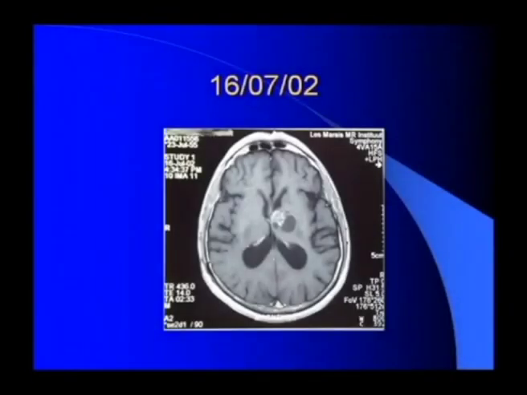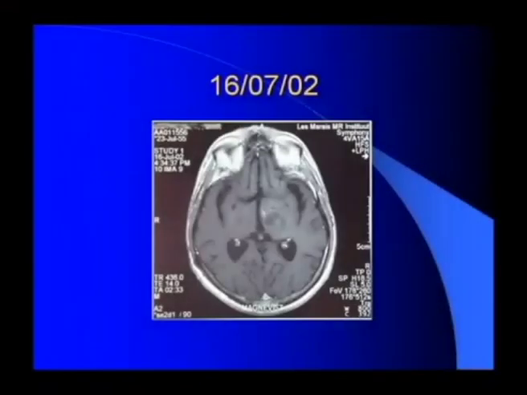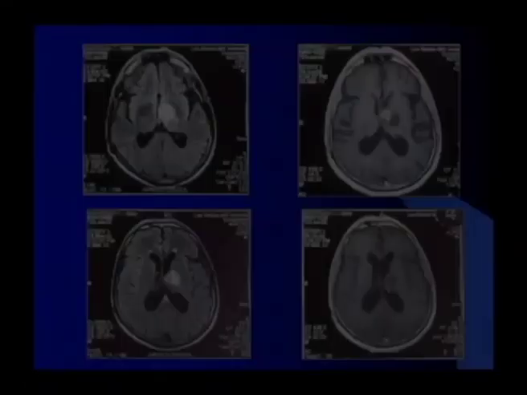16th of July, we redid his magnetic resonance scans. Now that's cutting him in layers down. We redid it. There it's undergone cystic degeneration. That's further down. You can see it's going. He has now got an operable tumor. Now here is just a slide so that guys, stupid guys like me, can compare it.